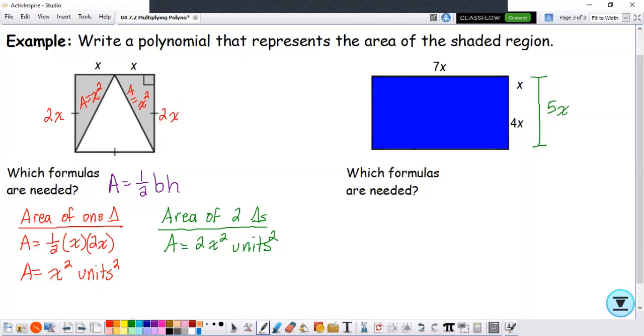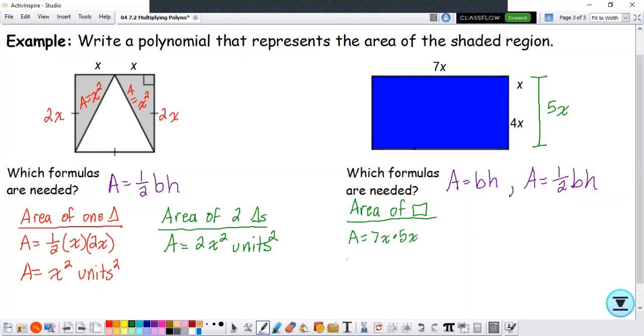So we know we need an area of the rectangle, which is going to be base times height. And we had mentioned that there was a triangle cut out of it. So we're likely going to need the area of a triangle, which is 1/2 base times height. So those are the two formulas we're going to need. Let's start by finding the area of the rectangle. The area of a rectangle is base times height, so we can use 7x times 5x,